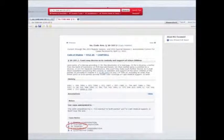And so, yes, it is correct that those numbers are in that case, but really that's not an accurate annotation because the case really has nothing to say about that statute. On the other hand, if you look at Westlaw or Lexis's annotations to the Virginia Code, they're going to be a lot more relevant. On this screen, we have an example in Lexis Advanced, the same code section, 20-107.2 from